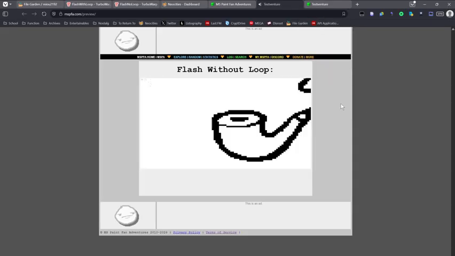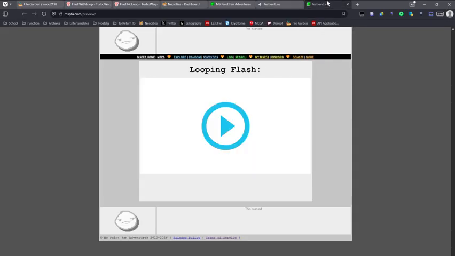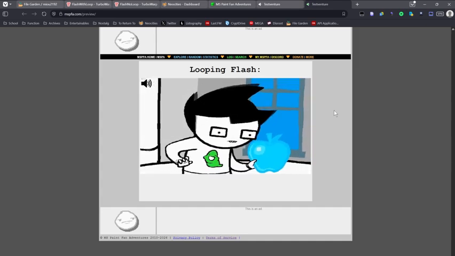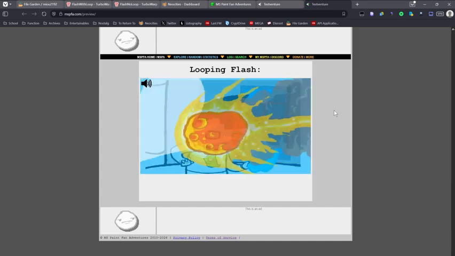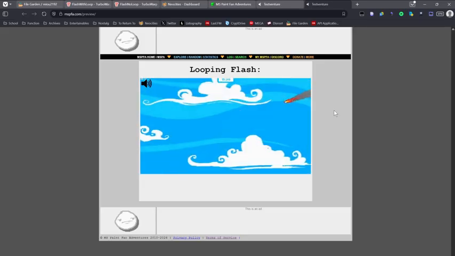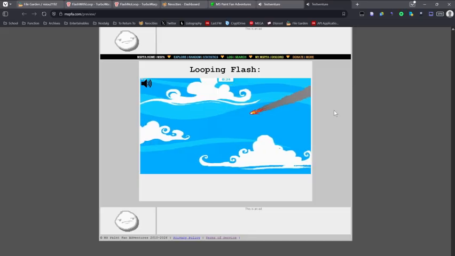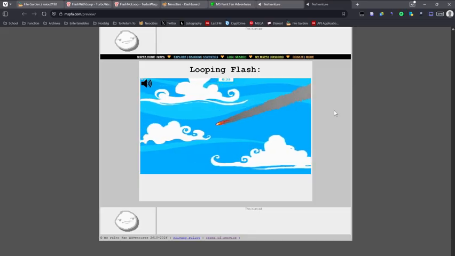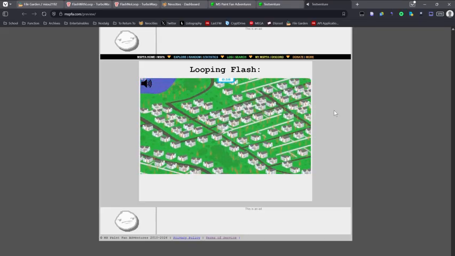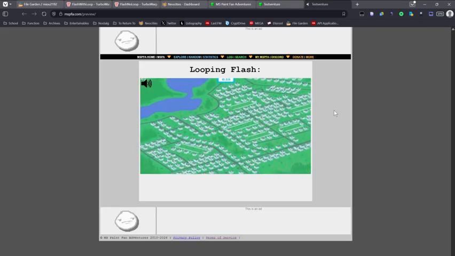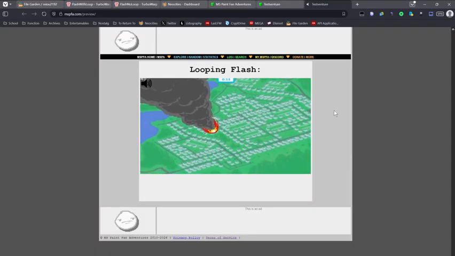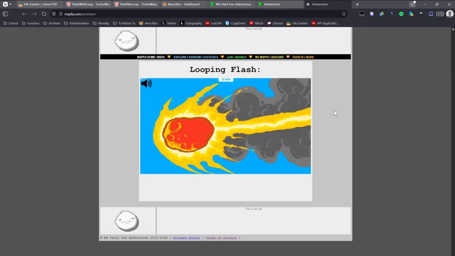So there's two ways to do it. This is the one without loop, and this is the one that does loop at the end, because as you might know, some flashes have loops at the end, which go on infinitely. And a great problem with embedding a video as your flash is that the end will inevitably come to an end, even if you want it to loop infinitely like a real flash. So if you'd like accuracy and you'd like to have some fun and you don't mind getting your hands a little dirty, this tutorial is for you.